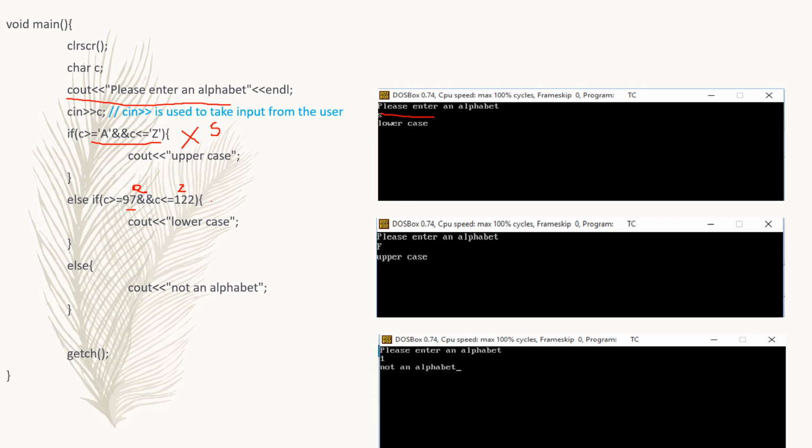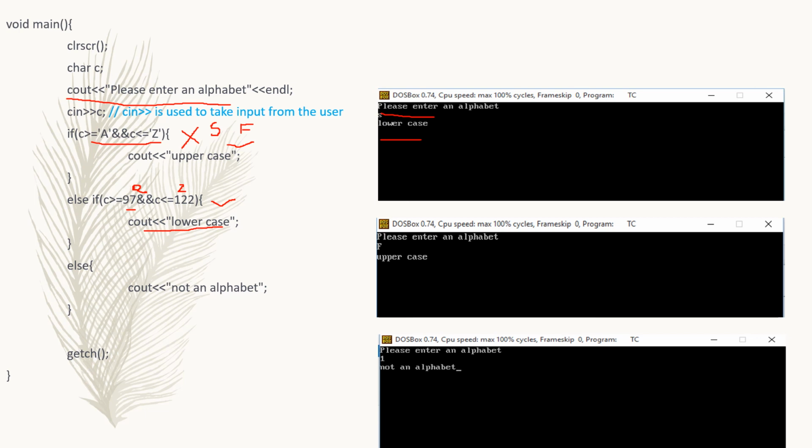So here this is true and we will output cout lowercase. Let's see one more. Please enter an alphabet and the user has entered capital F. So since it is between capital A and capital Z, this becomes true and uppercase gets executed.